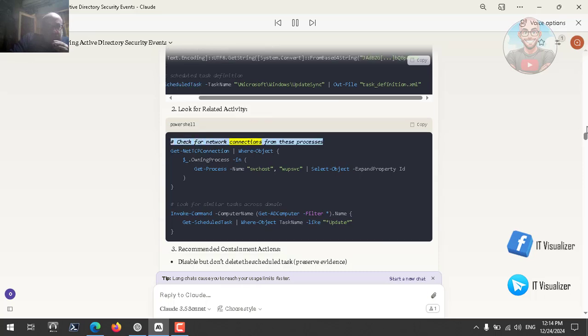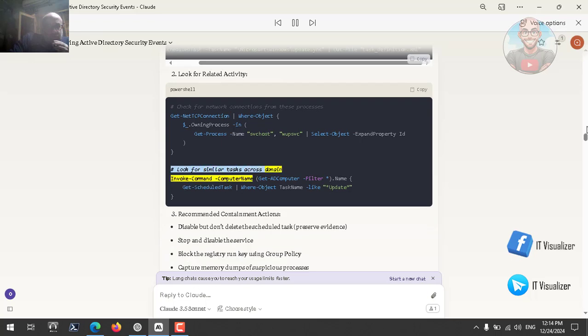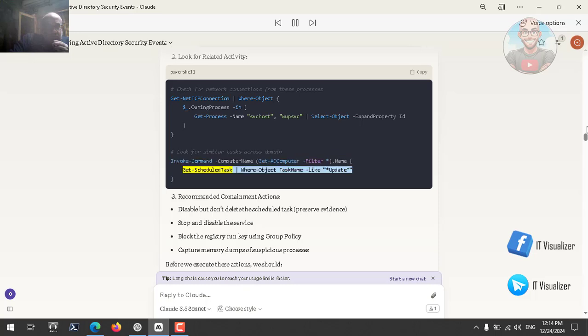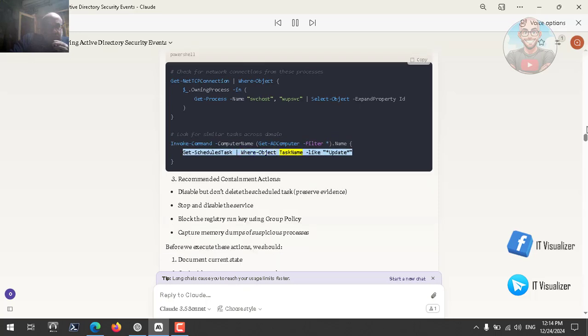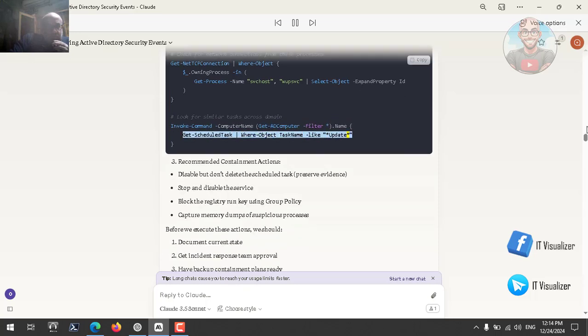# Check for network connections from these processes. Get-NetTCPConnection | Where-Object {$_.OwningProcess -in (Get-Process -Name svchost, whoops | Select-Object -ExpandProperty Id)}. # Look for similar tasks across domain. Invoke-Command -ComputerName (Get-ADComputer -Filter * ).Name { Get-ScheduledTask | Where-Object {$_.TaskName -like "*update*"} }